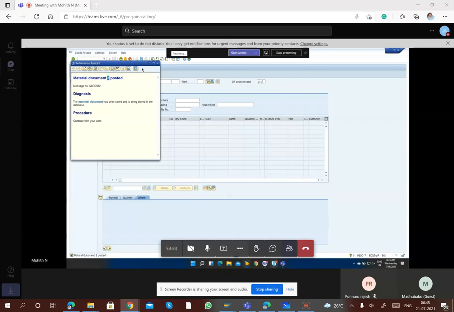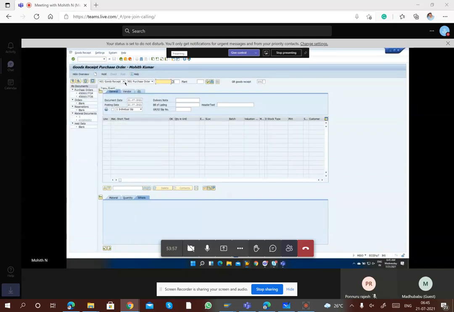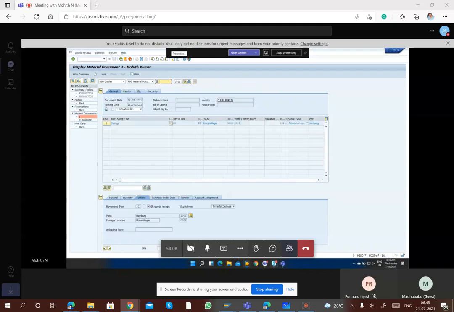If you want to display the same document, you can change the event. So here you have A04 event display. Click on display, and your number 3 will automatically come there. Press enter. I'll change the number soon after this class. This number should be something long. Might be someone has changed something in the system, so that's why you're getting a small number range. So this is the document you posted.